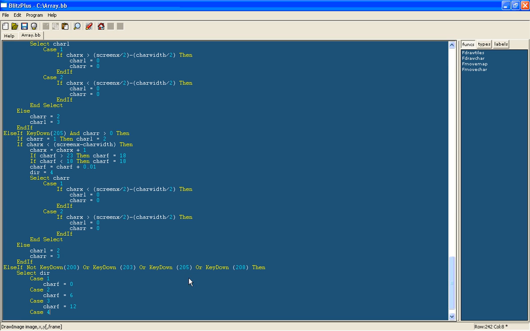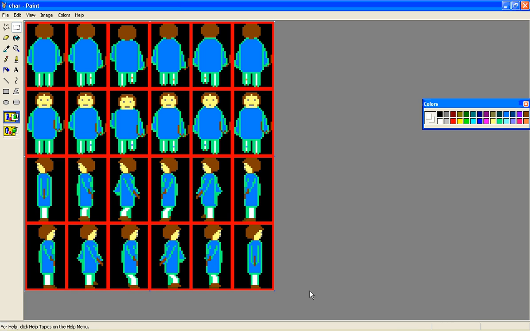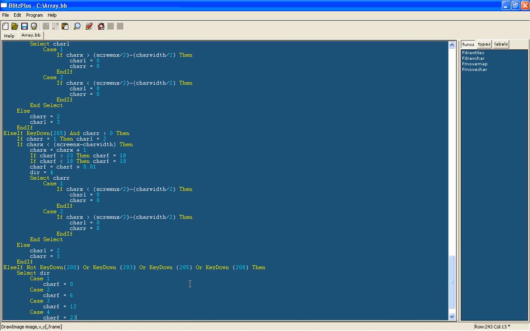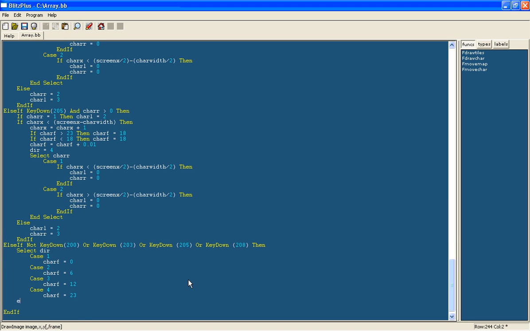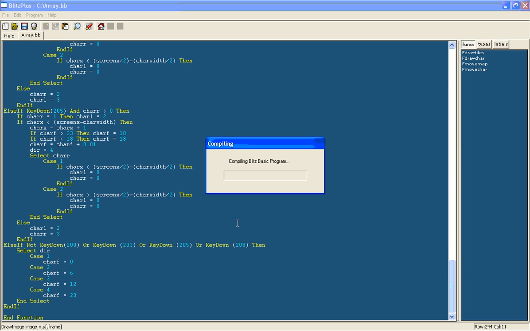But finally, you'd expect it to be 18, and if you just draw your own images and you didn't flip it, it may well be 18 for you, but for me up to the right, the frame's actually 23, the last one, because if you remember I flipped this one round, which you may have done as well if you followed me, so in that case it'll be 23. Okay, end select, end if, and now finally if I run the program,